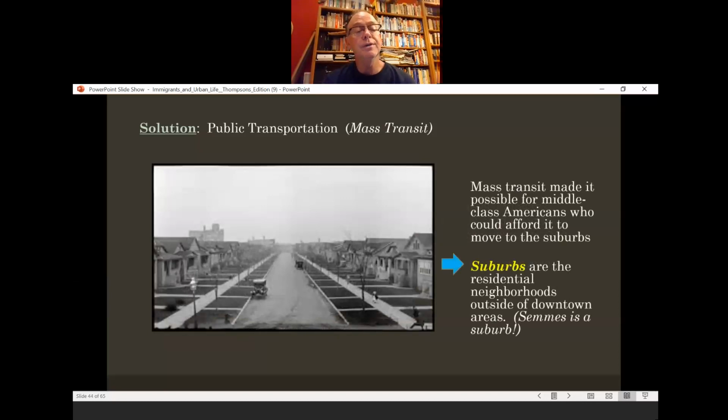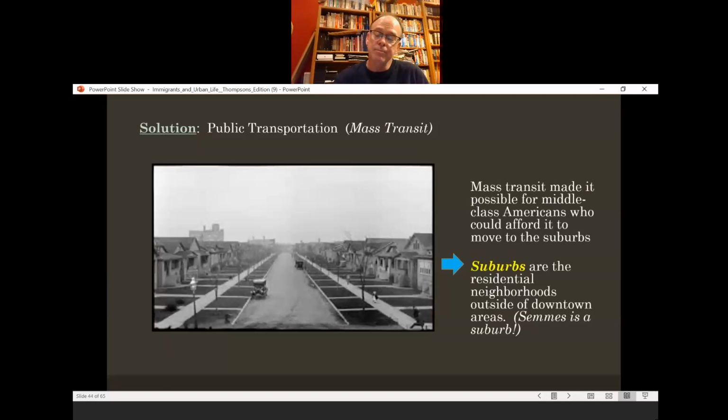Now, the people who could afford maybe to move out, now we're not talking about the new immigrants that are recently in our country. The poorer people will not be able to move to suburbs. But the ones that are middle class who could afford to leave the downtown area, now that you have mass transit, now that you have trains that are taking people not just in the city, but to outside the city, outside the downtown area, now people can live further away. They can buy houses if they have the money. They can buy their own nice houses in the suburbs and then just walk down the street to a train station and ride the train into town or a subway into town.